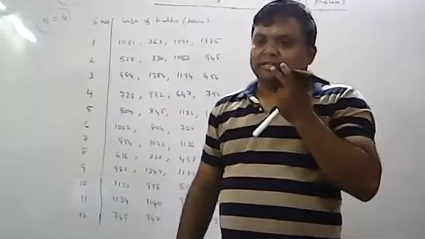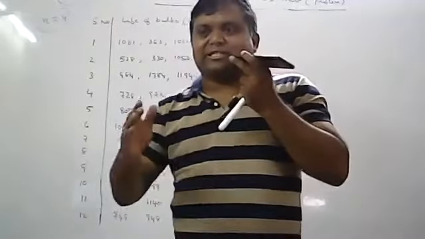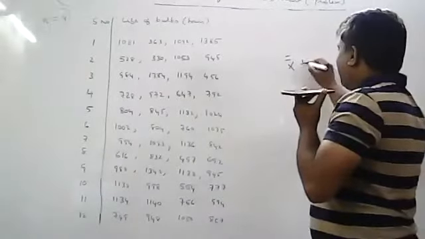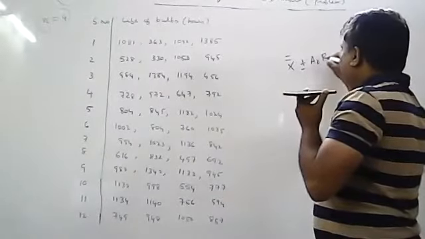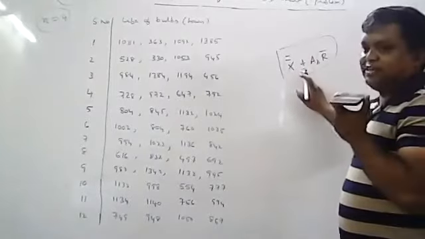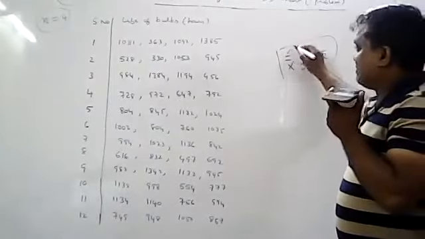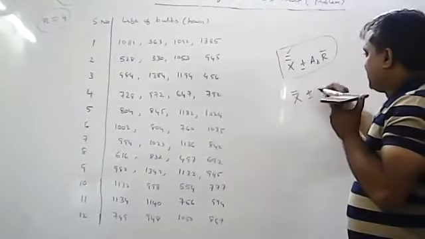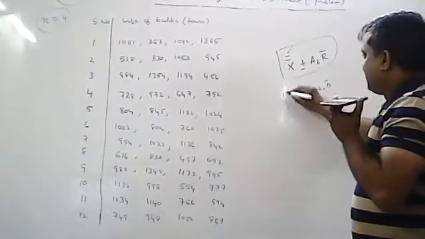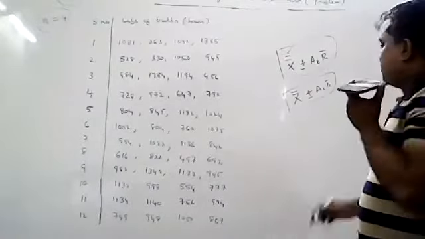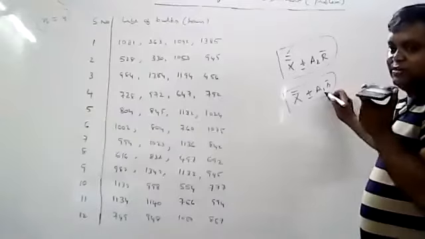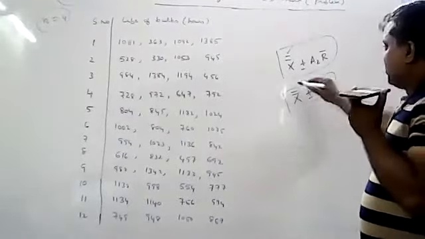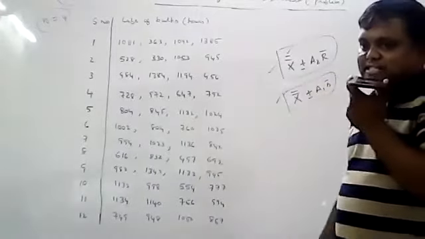So in case 2, standards are not given, and sigma is estimated with R. You know the formulas. I am writing X double bar plus or minus A2 R bar. This is the formula. Plus means UCL, minus means LCL, the first part value means CL. Suppose sigma is estimated with S, then the formulas are X double bar plus or minus A1 S bar. These are the formulas when sigma is estimated with S. A1 is the table value that I will tell you later. S bar is nothing but the mean of the sample standard deviations. So you can use any formulas and construct the mean chart.